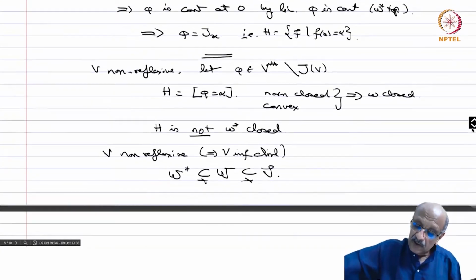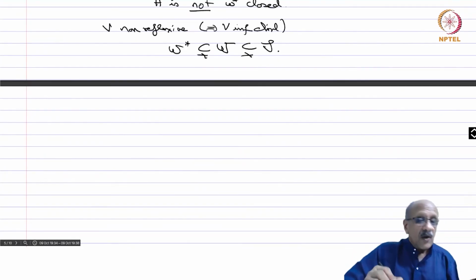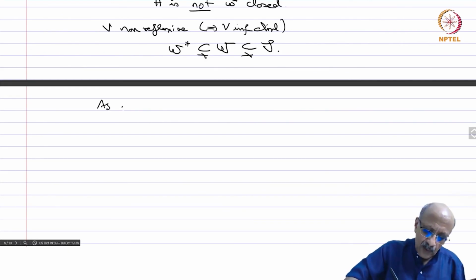Now you must be asking this question: what is this madness of weakening our topologies? We had a perfectly good norm topology on all our spaces, which is a metric space topology, and therefore very easy to work with. Then we threw away some sets and produced a weak topology. And now we come to the dual space, we throw away some more open sets, so we are impoverishing our topologies repeatedly. What is the purpose of this? If you notice, the weak open sets are pretty big. Yesterday we saw that a bounded open set cannot be weakly open because it contains full affine subspaces. So the weakly open sets are big, and so as we weaken the topologies,